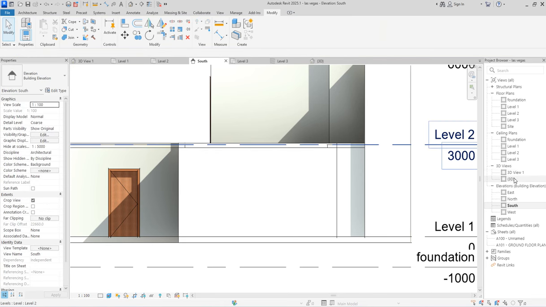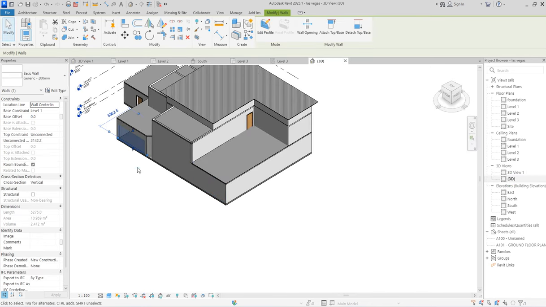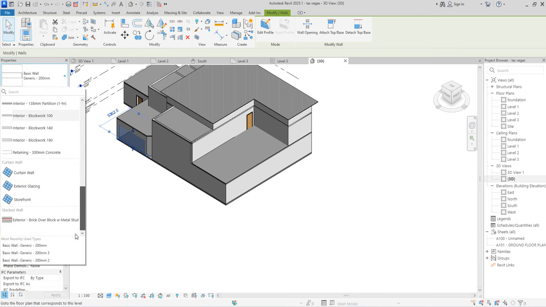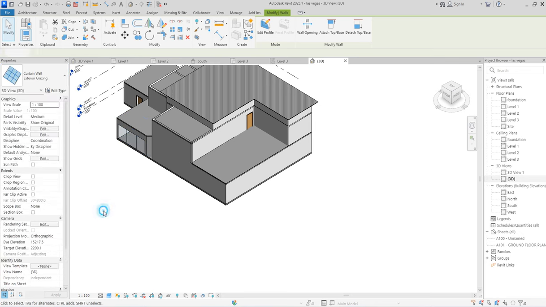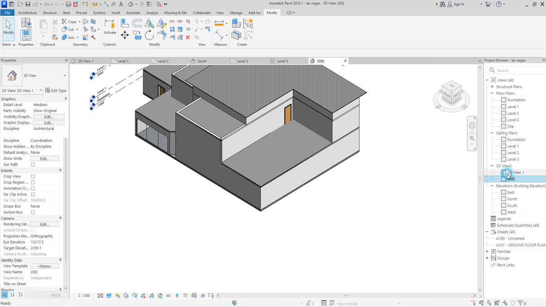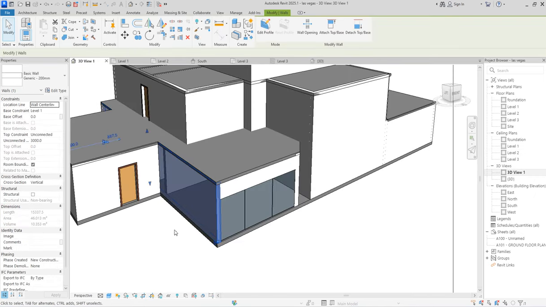go back to 3D, so select below wall, then click on this and say transform it to curtain wall or storefront. Anyone that you choose within these 3, it will be okay. So let me just use exterior glazing. So that's what I have. So this space is done. I go back to the other side of it. I do the same process this time around again.